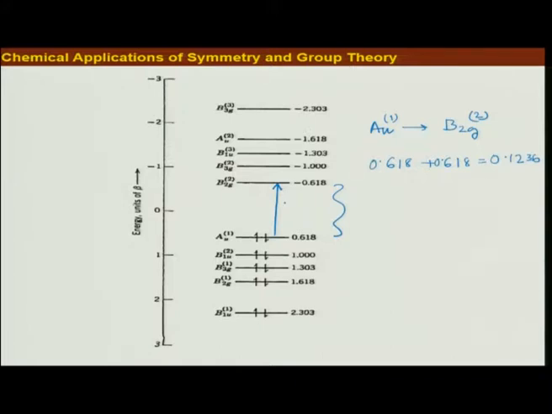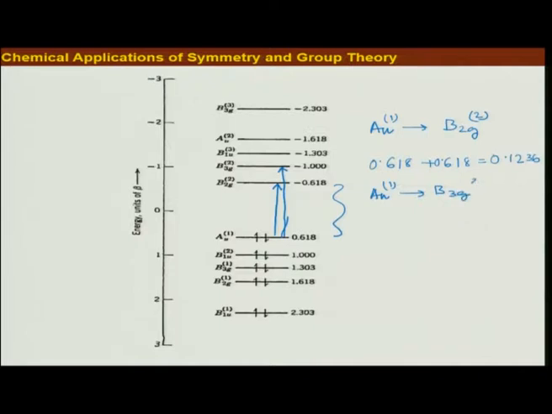So this is the lowest transition that we can think of. Now what are the other two transitions that I can think of? One is from this particular state to B3G. So I can think of a transition which is AU1 to